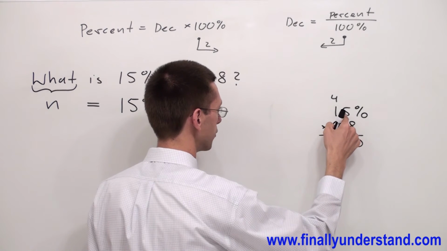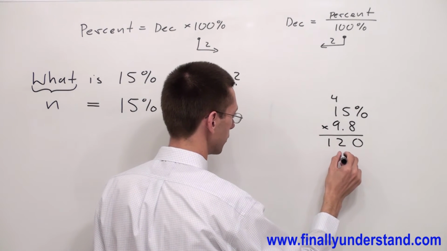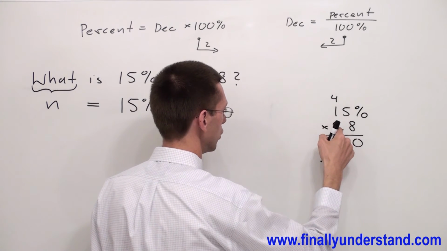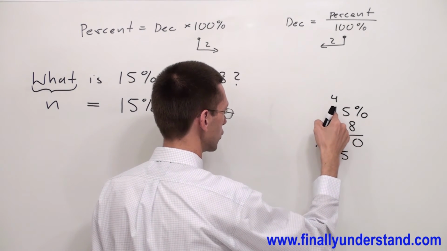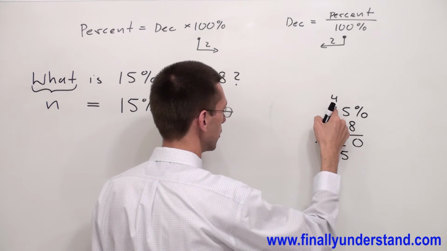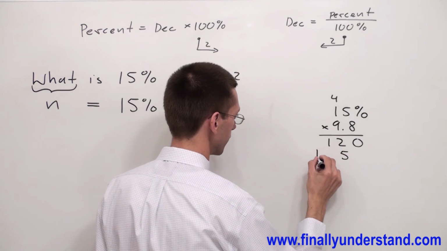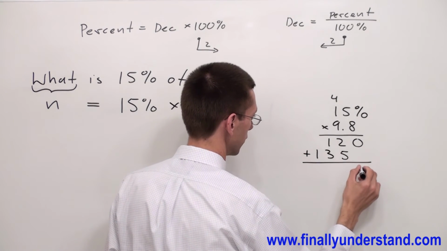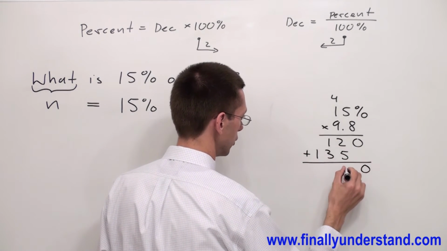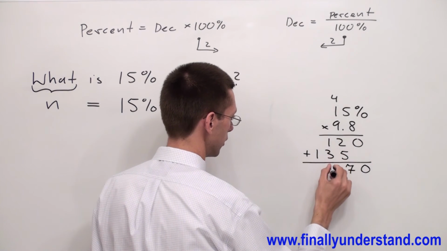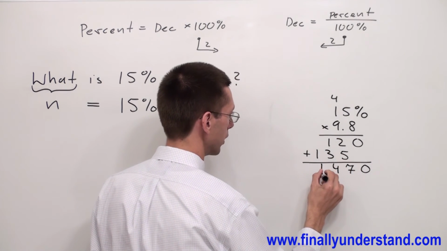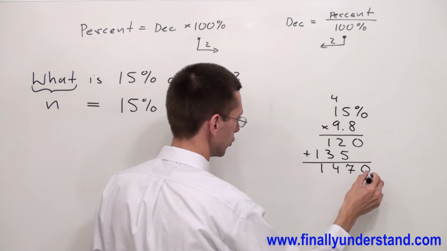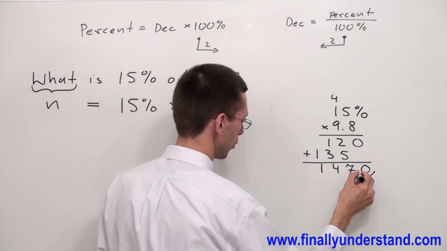9 times 5 is 45. Write 5 and carry 4. 9 times 1 is 9 plus 4 is 13. Add them up and I have 0, 7, 4, 1. Because I have one decimal place, I'm going to move my decimal point once to the